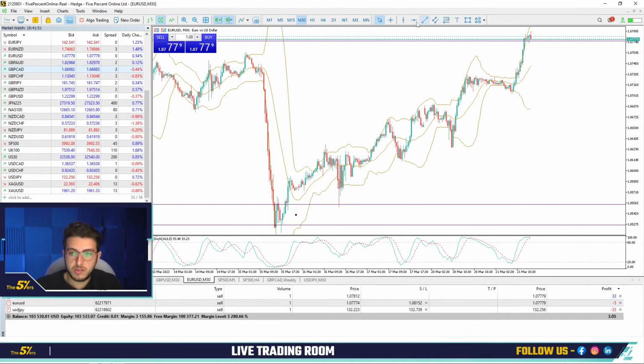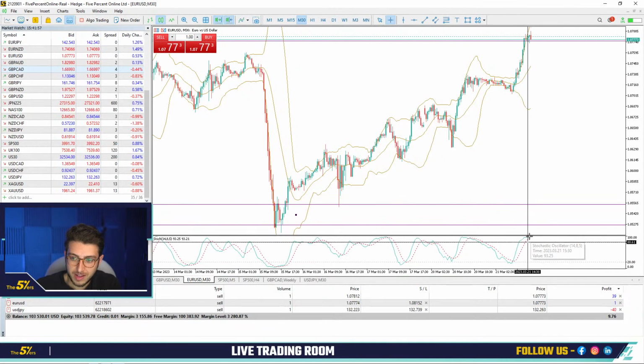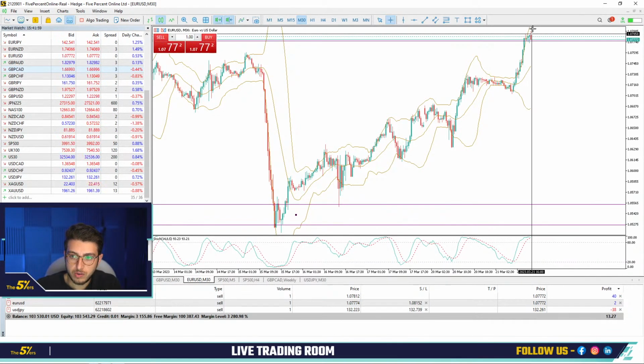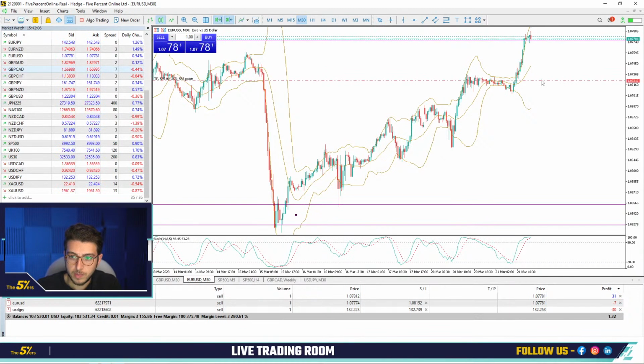Anyway, you see, here we are starting the end of the momentum, starting to cross, still in the zone at the top of the Bollinger Bands, at least going back to that zone. This would maybe be a first TP that I would like to take on that spot here. Yeah, I think that makes sense.